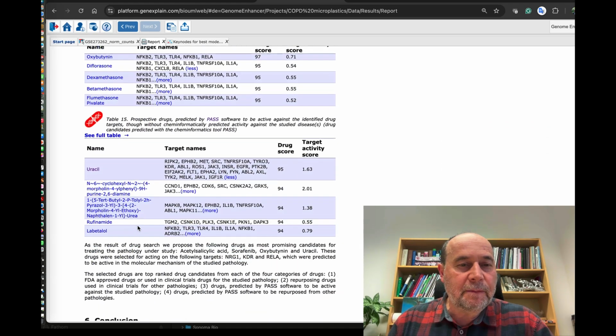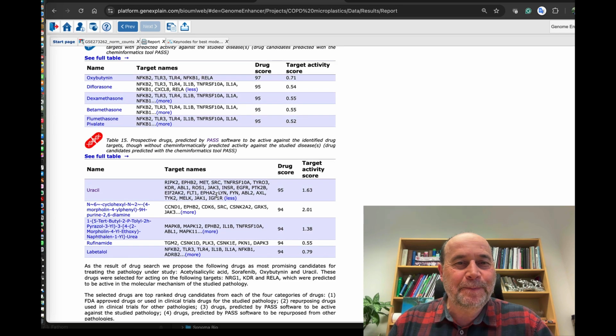We can also see here some molecules like uracil, which are predicted as potentially targeting those targets which were found in this analysis.